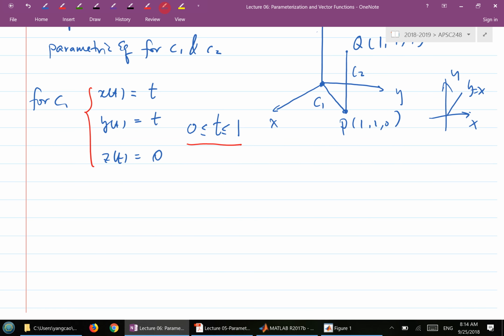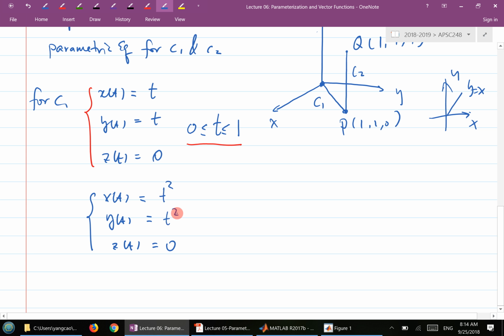Now, before we get to C2, can I ask you a quick question here? Can you give me a different set of parametric equations for the same C1? So, not the same as this. Think about it. t squared and t squared, okay. That's true, right? That's true. But I think this is a little bit more complicated than this now, right? So if I think along the same line as this,